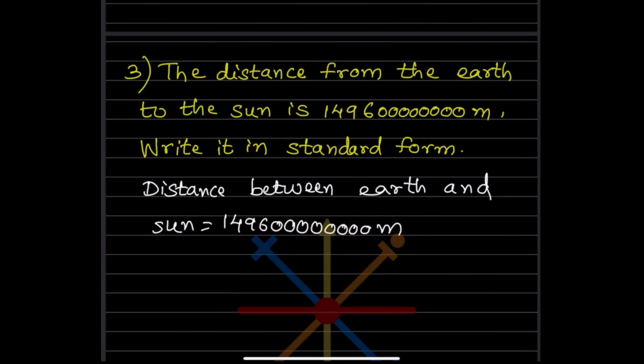So now we are going to put, because we want the decimal should be here after 1, we'll write here 1.496, and then we are going to count how many zeros are here. After the decimal, how many numbers are here? 1, 2, 3, 4, 5, 6, 7, 8, 9, 10, and 11. So you are going to write here into 10 raised to 11, and this you will put in a bracket because there are two numbers. So this is the answer.